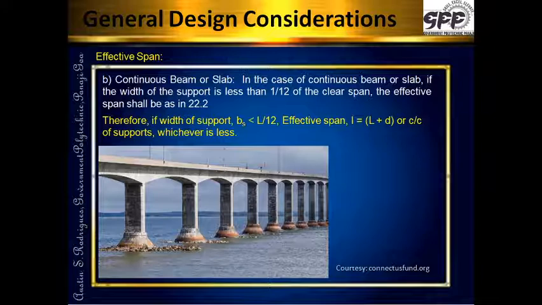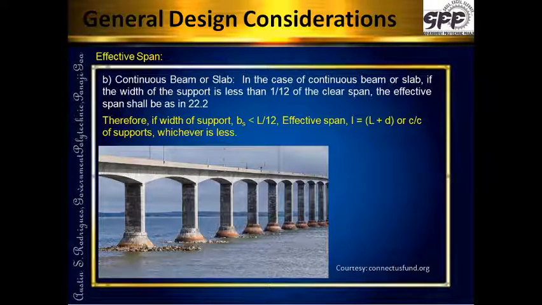One of the conditions in this is, now look at the continuous beam. There's a continuous beam over here which is a bridge deck. A continuous beam has lots of supports, more than 2 supports. Whenever there are more than 2 supports and the beam is monolithically constructed, it is called a continuous beam. So let us look at the clause now.